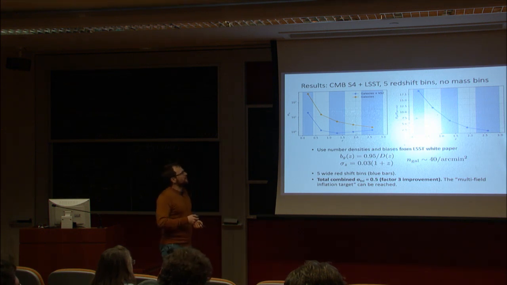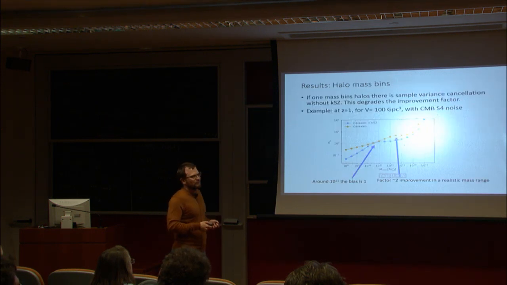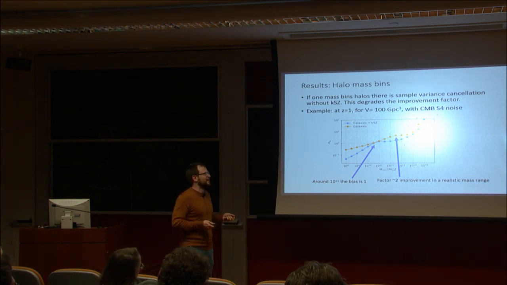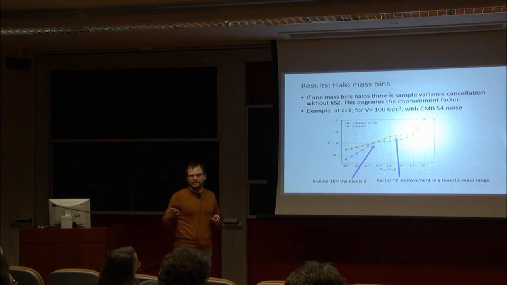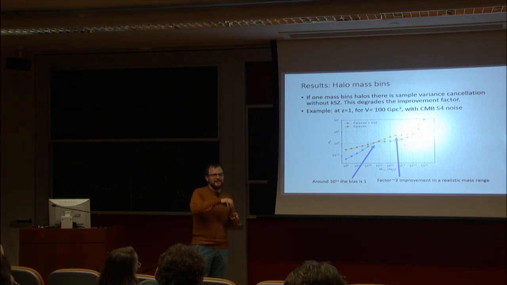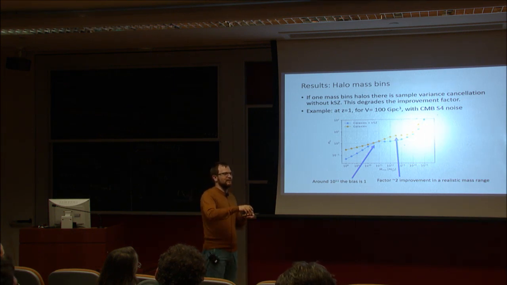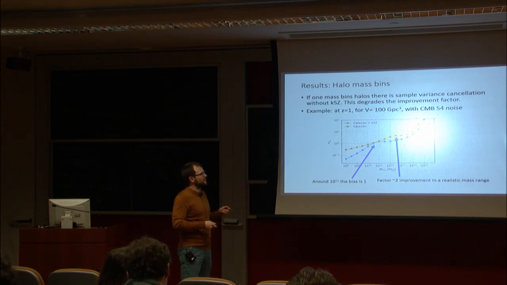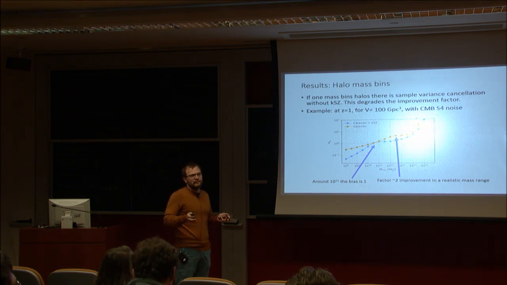Now, this looks very nice in principle. But there's one thing one should make as a disclaimer when giving this improvement factor of 3: the original idea of sample variance cancellation was to split your galaxies into different bias bins, and then you get some sample variance cancellation within your galaxy sample. Let's say you measure a sample with a bias of 2 and one with a bias of 1.5 or something, so this also gives you some sample variance cancellation. But it's not very well known how well this can be done in practice, while our